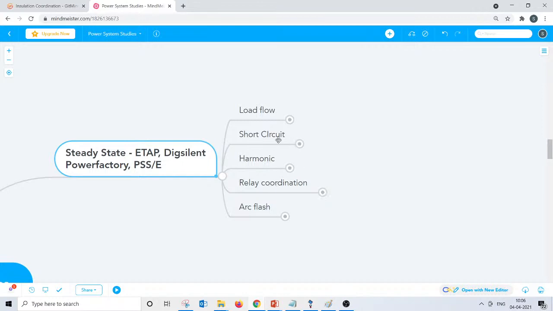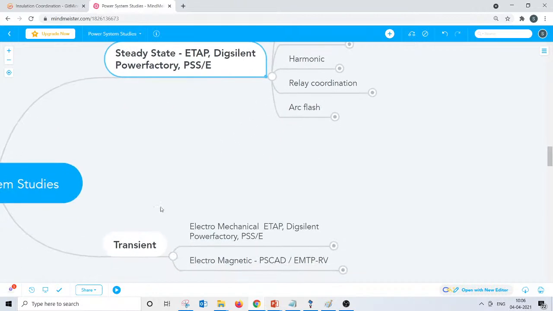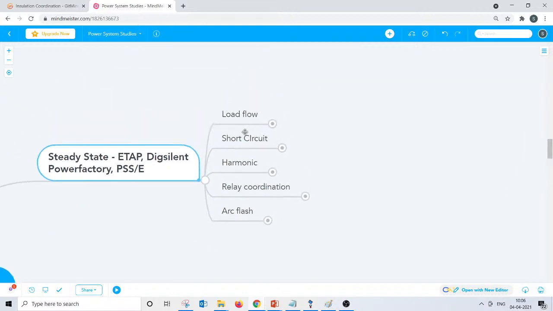Few people may think that short circuit is a transient. No. The short circuit study which we do in ETAP, DIgSILENT PowerFactory or PSSE is basically to identify the short time rating of the equipment, which means we are not really doing a transient short circuit. If you perform the transient short circuit itself, then that becomes a transient study, not really a short circuit study.